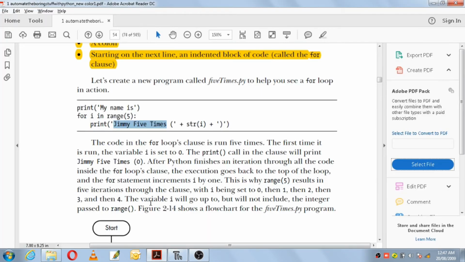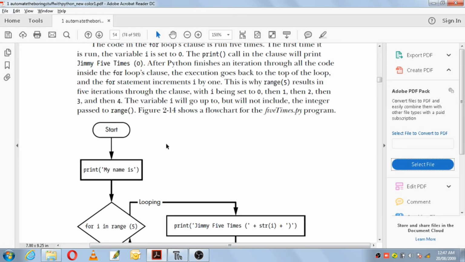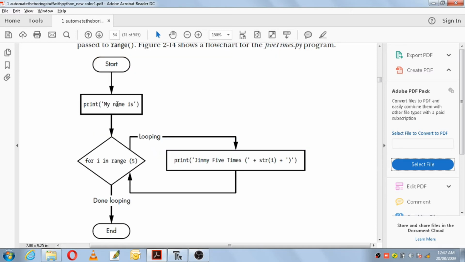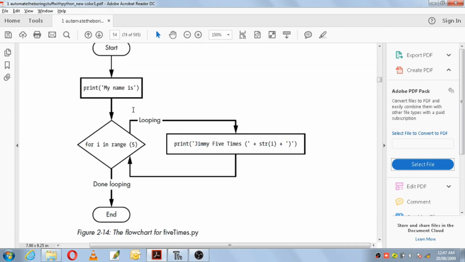Okay. This is the flowchart for that 5times.py. Start. This will get printed only once. Print my name is. Then you write the for loop in a diamond symbol. Then for I in range of 5. Here is the looping. Print Jimmy 5 times. This print statement will be printed as long as this for statement is true. Again it will come back, it will check the condition.